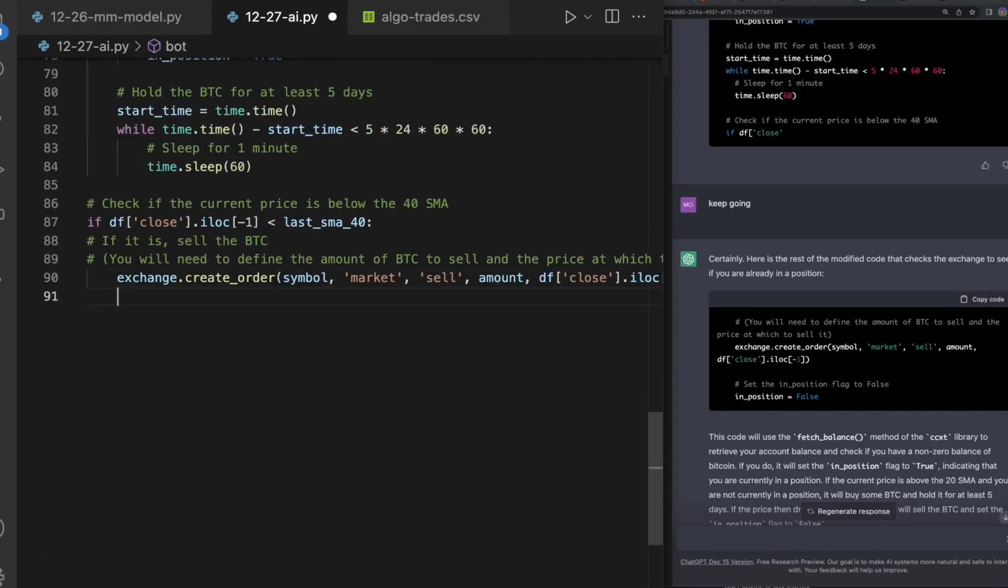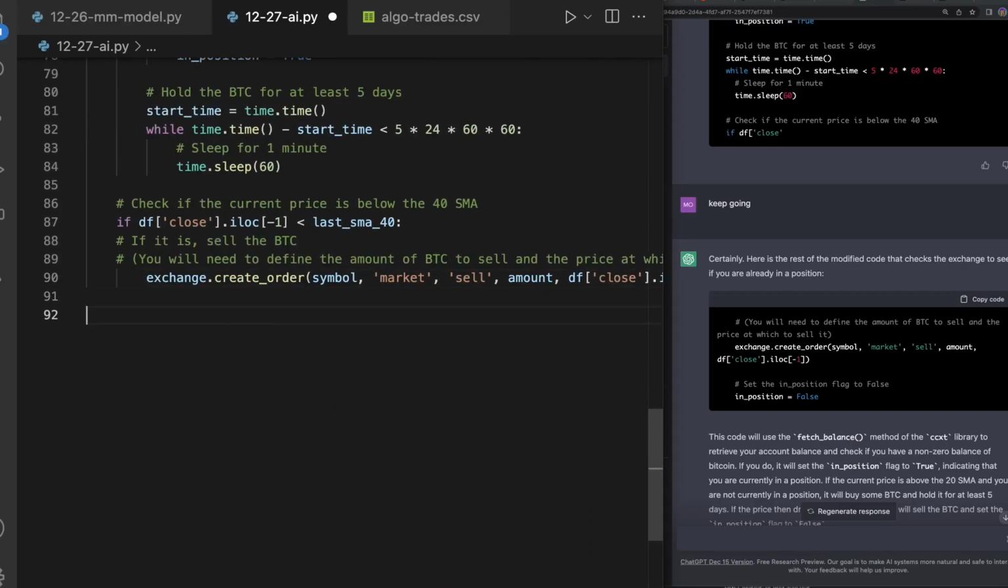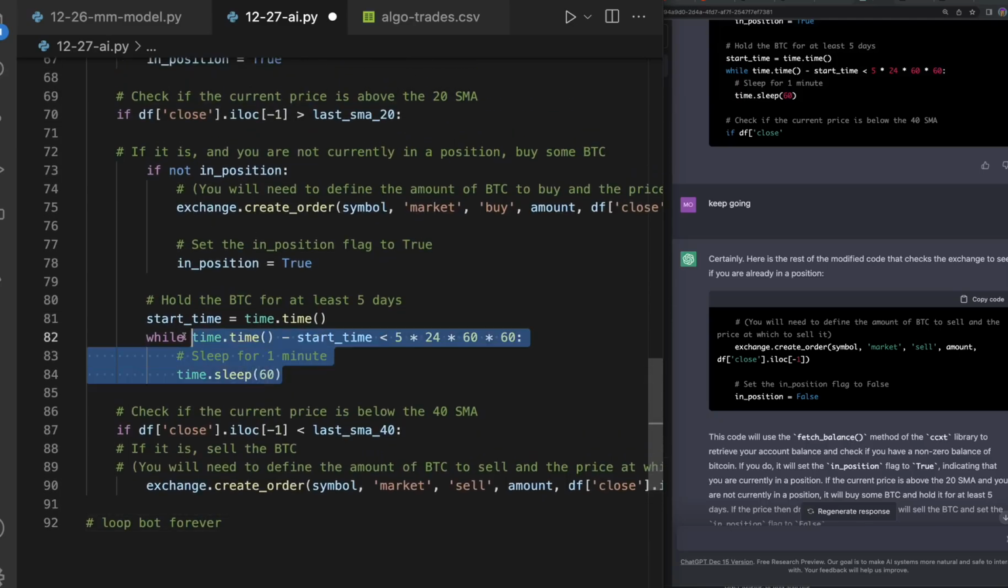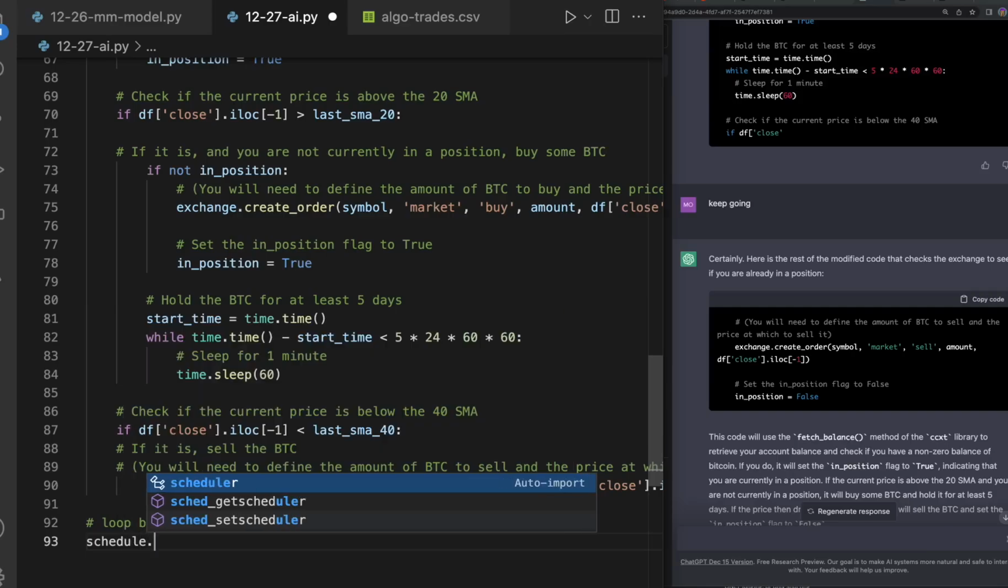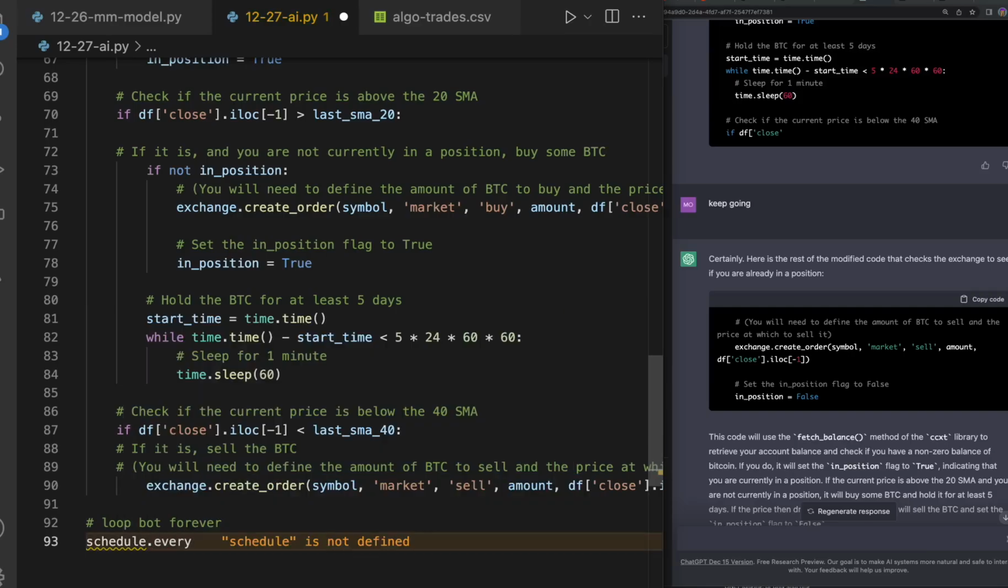Well, let's go ahead here and say loop bot forever, and that should be fine, because remember, when we enter, it just chills for 5 days. You know, if you have this up on a server or a computer, it's just chilling for 5 days after it enters, and then it's going to check this. So loop bot forever, we have to hit schedule dot every, let's just do 15 seconds, and dot seconds dot